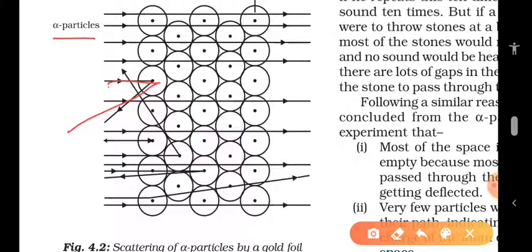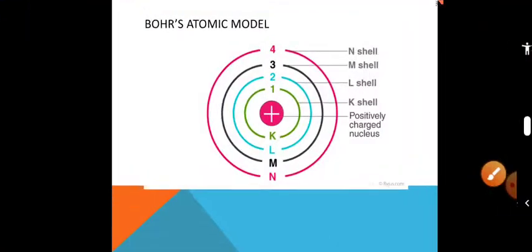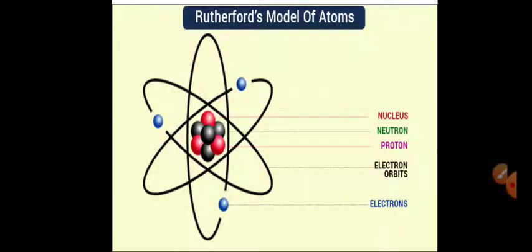I repeat this concept. Alpha particle is a positive charge. When it is coming back, immediately opposed by someone, that means some positive charge is there at the center of the atom. That is the meaning. Let us go back to the PPT now. So that one is the gold foil experiment.